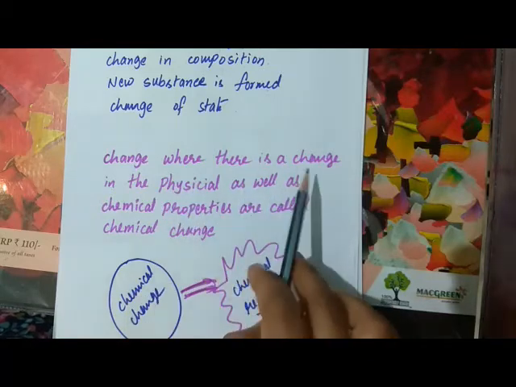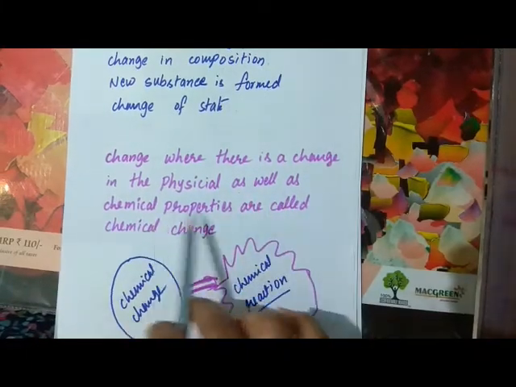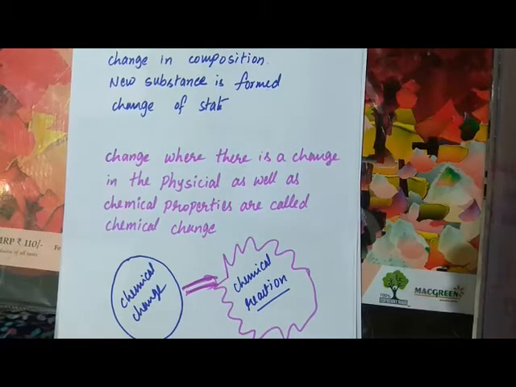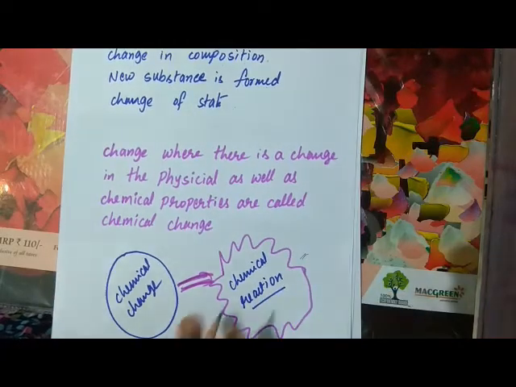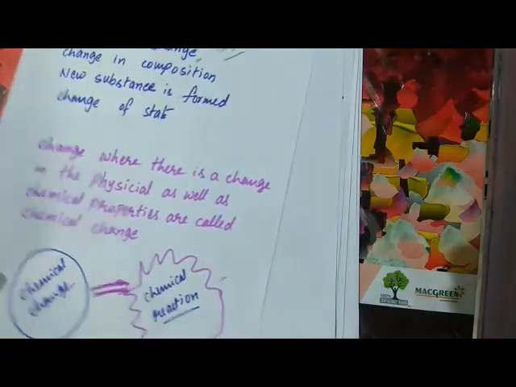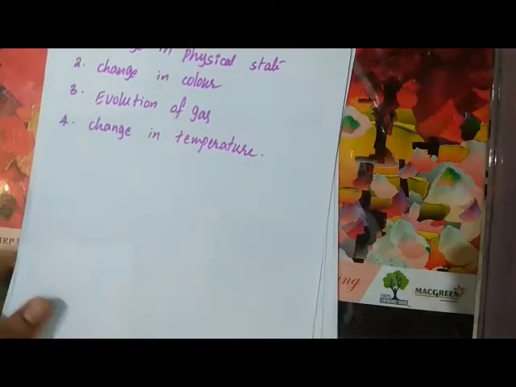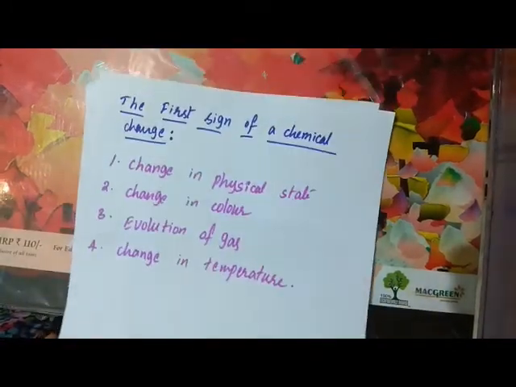A change where there is a change in the physical as well as the chemical properties is called a chemical change. Whenever a chemical change has taken place, we consider that a chemical reaction. We consider chemical change as chemical reaction. This is our original topic that we have to learn in this academic year. Yes, for example,